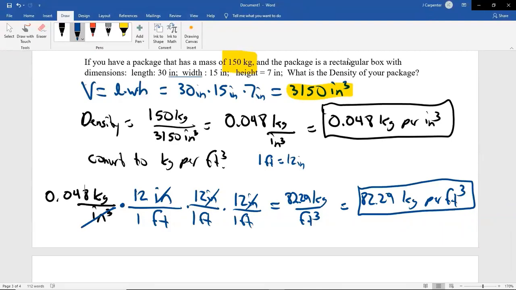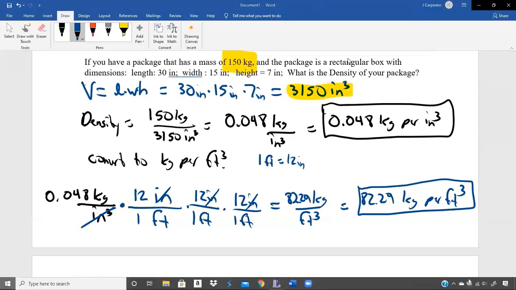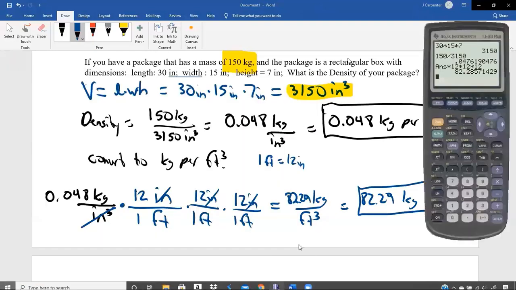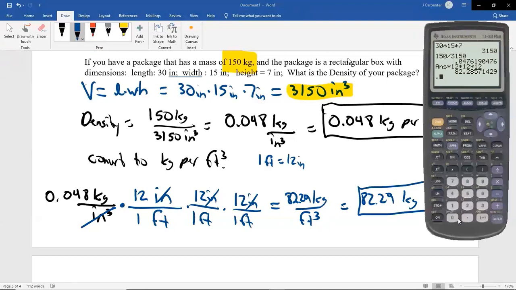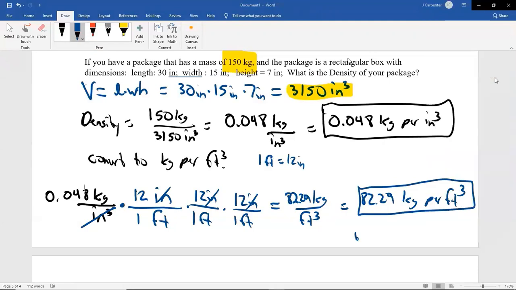Now, I said in this problem, I didn't use the 0.048 to multiply. I actually used the exact number in the calculator. Let me show you what we would have gotten if we did this with the 0.048. 0.048 times 12 times 12 times 12. And we get 82.94. So 82.94 kilograms per cubic foot if you used